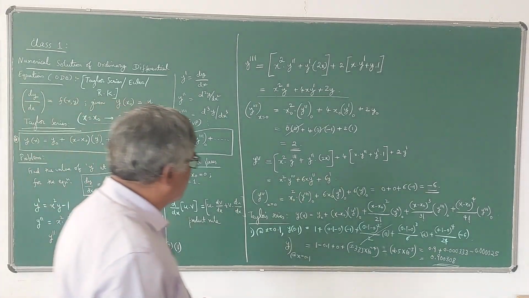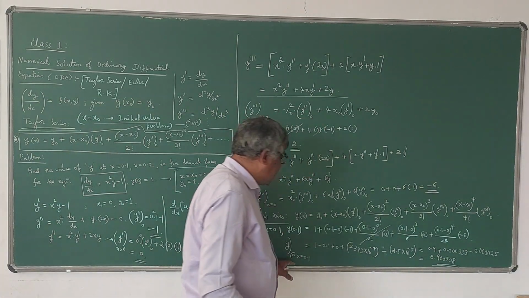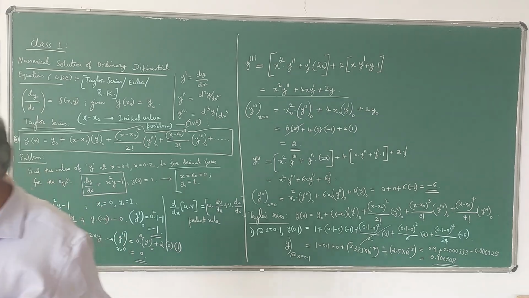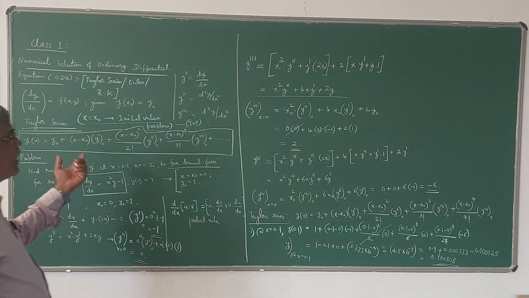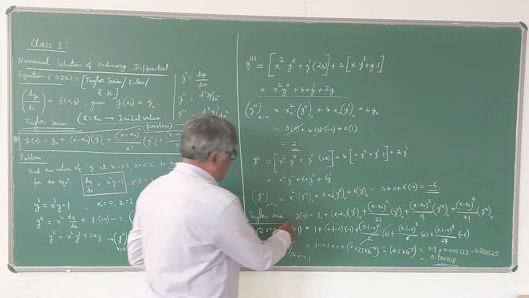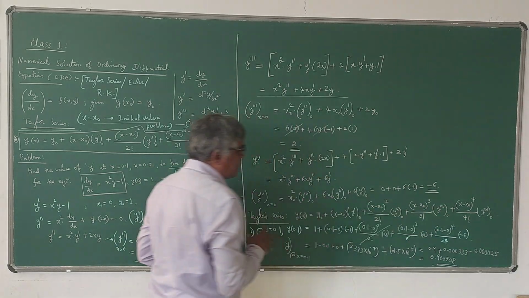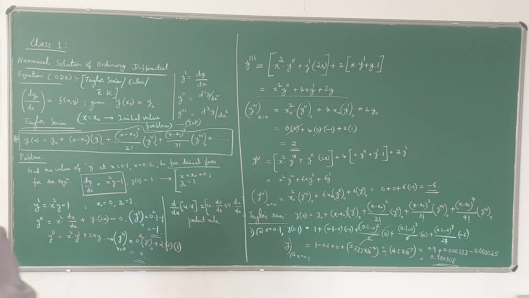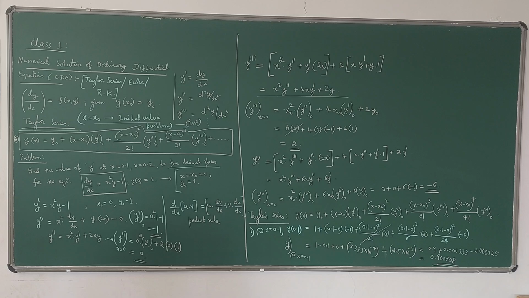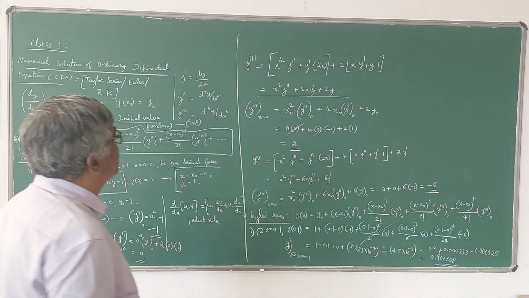Next, similarly, we can find out the value of y at x is equal to 0.2. So we are using the same data series. The only thing is that the value of x is different here. Now let us find out